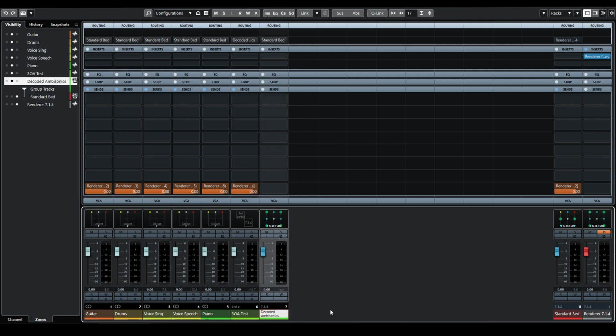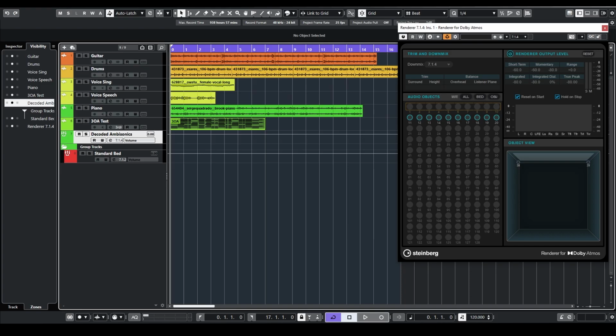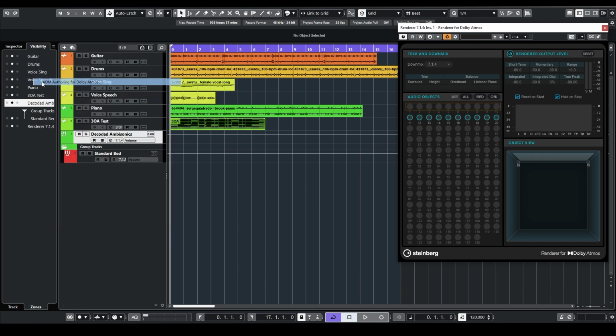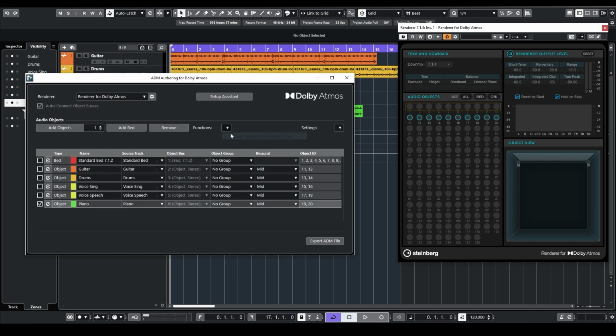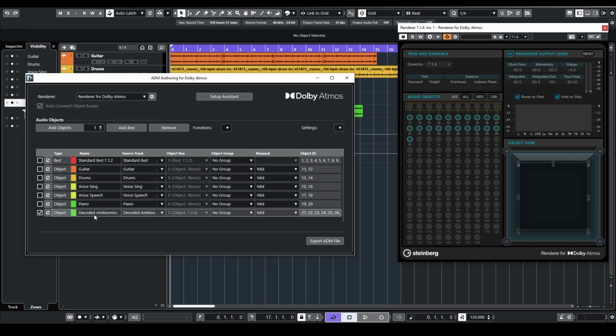And this is what I'm going to convert to an object. So if I go to my ADM and I convert it to an object, you can see that it has been converted to an object. Now, this object is what I like calling a three-dimensional object because it's not only the mono or the stereo speakers in my three-dimensional field, but it is a completely 7.0.4. So it contains height information, it contains surround information, front information, and this is something that Nuendo and Cubase Pro